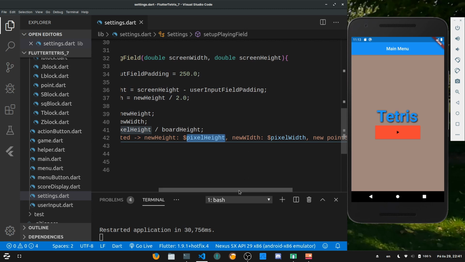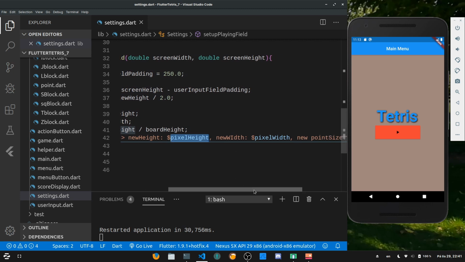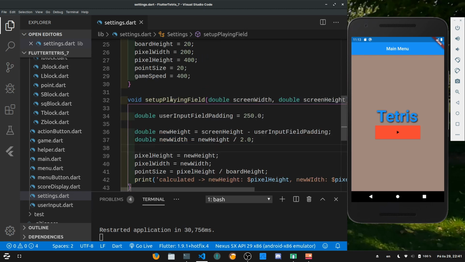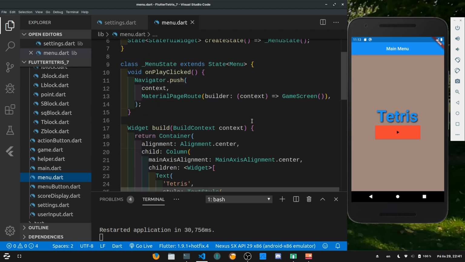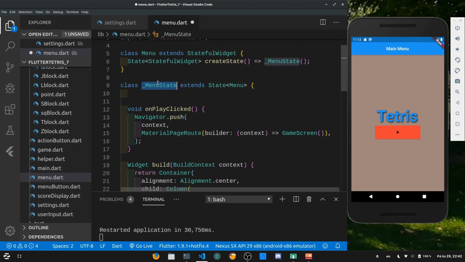And then the new width is going to be the pixel width, and the new point size is going to be the point size. And let's copy this function name and let's go over to the menu.dart. This is the first screen that we have with the first build context that we are actually calling. And right here in the menu state class, just above the on player click,